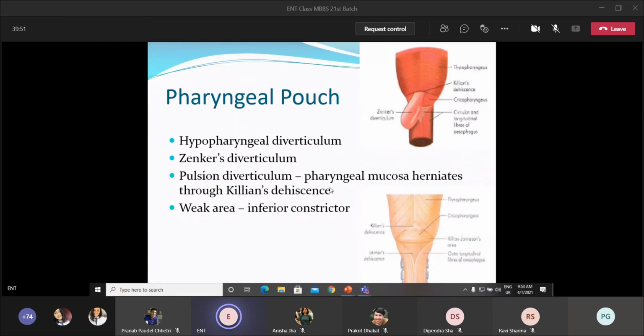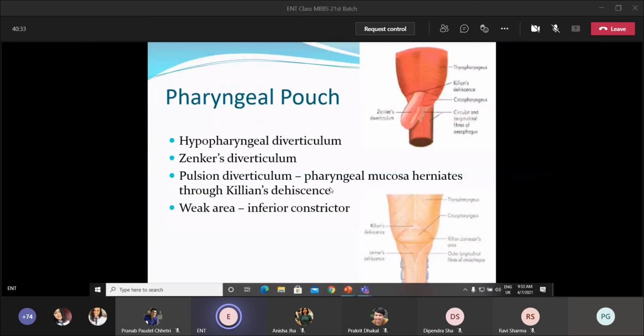So on your computer screens, if you can see the picture on the top right, then you can see that there are two types of muscle fibers. Okay, the upper one is thyropharyngeus, and the lower one is cricopharyngeus. So below that are these circular and longitudinal fibers of esophagus. So between the thyropharyngeus and cricopharyngeus, there is an area which is a bit weak. Okay, this area is known as Killian's dehiscence, and the pharyngeal mucosa herniates from this area, leading to a pharyngeal